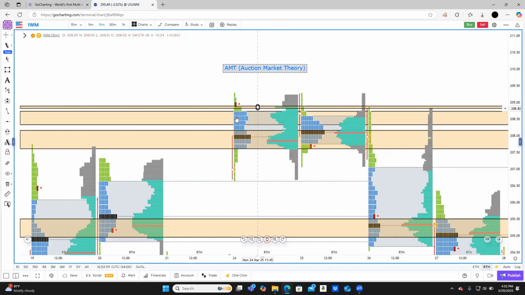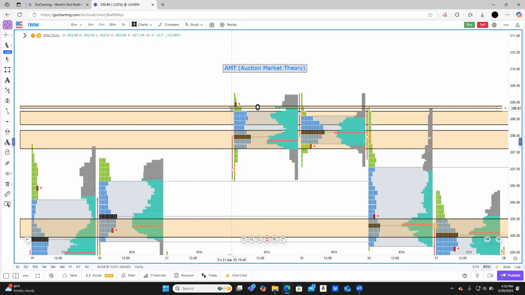But outside of that, there was a huge amount of volume in that fair value, which was the first fair value, or the top fair value, of the 70%. And then volume again subsided. And then all of a sudden there was a spike again here at the bottom, which is the second fair value of this entire day. All right. So how did the market play it, or how do you play it? Well, you would play it just like you would play the 70%.